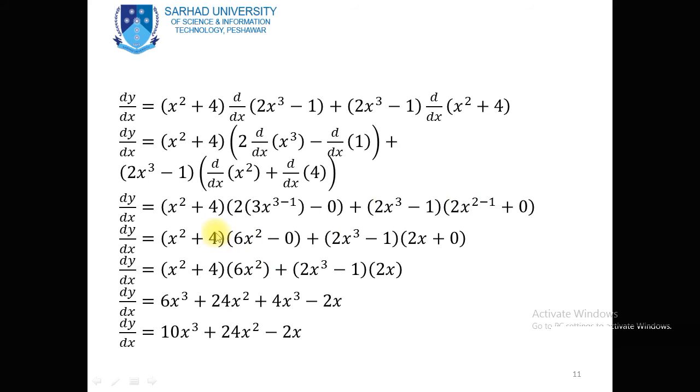Now x square plus 4 into 6x square minus 0, plus 2x cube minus 1 into 2x plus 0. So x square plus 4 into 6x square plus 2x cube minus 1 into 2x. Now after simplification, we obtain 6x power